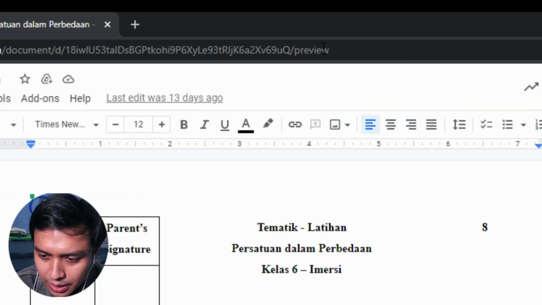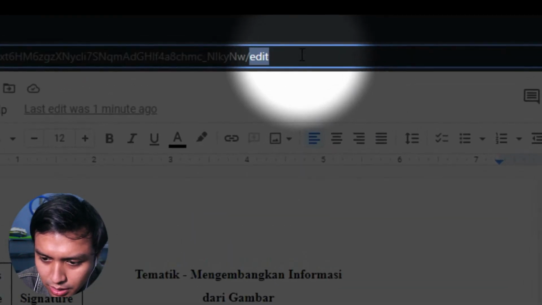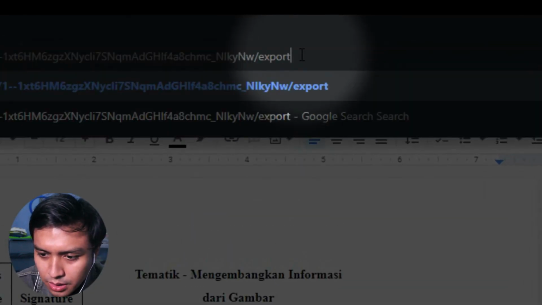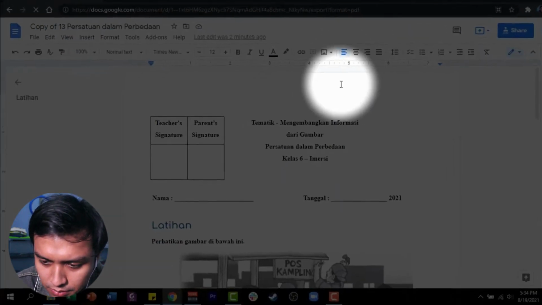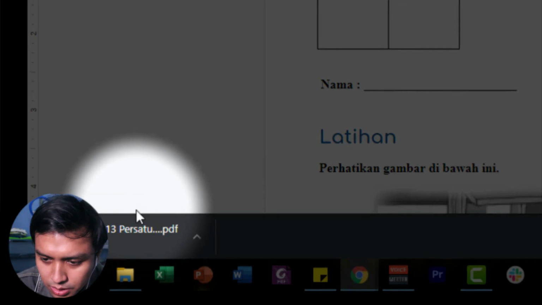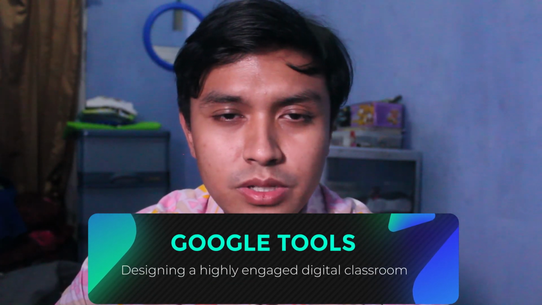Another thing, we can make the file into preview mode, so others cannot access anything other than just that view. And also you can just push that into download mode. So last but not least, Google tools can design a highly engaged digital classroom where students can take